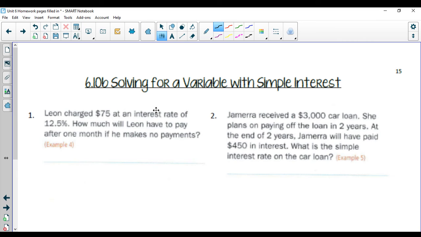All right, this is the final lesson of Unit 6. This is 6.10b, solving for a variable with simple interest. So again, we're going to be starting with our simple interest formula, I equals PRT, and we're going to be